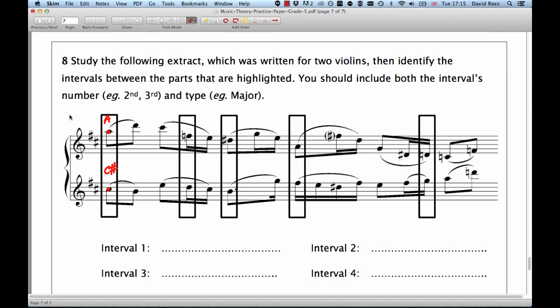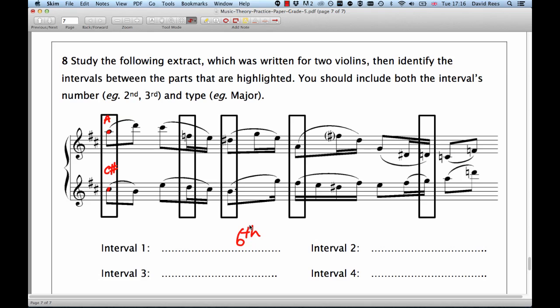The first thing to do, before we worry about whether it's a major, minor, perfect, diminished, augmented type of interval, is to work out what size of interval we are dealing with here. And the way we do that is simply counting through letter names. It doesn't matter whether they're sharps, flats, naturals, all of that doesn't matter at this point. All we care about is how many letters, counting the bottom and the top, we have to count through to get from C to A. So starting on a C, C is 1, D is 2, E is 3, F is 4, G is 5, and A is 6, which means that interval 1 has to be some kind of 6th. So that is